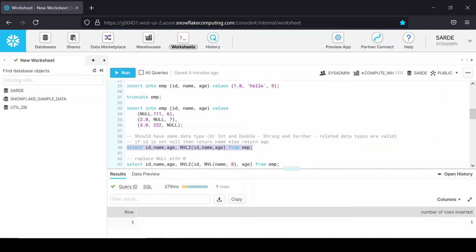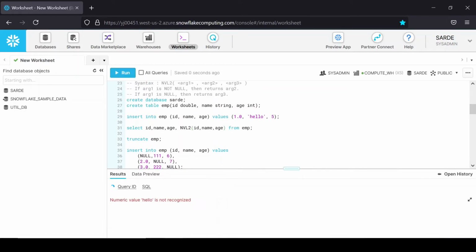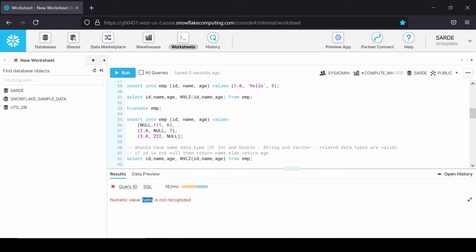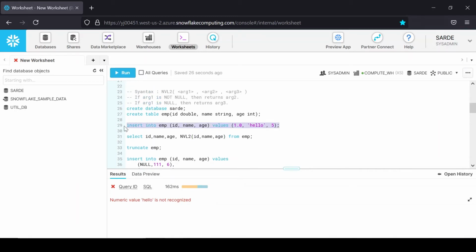And if we, let's say, try to run this query, as we can see, we are getting this error, which is numeric value hello is not recognized, because for NVL2 we should have the same data type, or it must be like int and double, which is acceptable, or it must be string or varchar. So these kinds of related data types are valid. So this value is not valid here for NVL2.